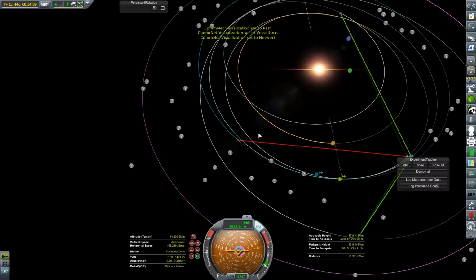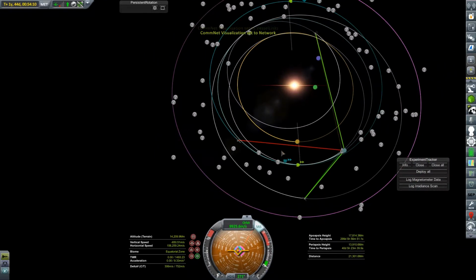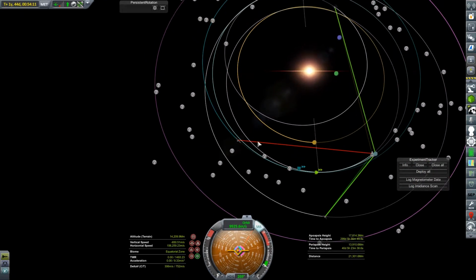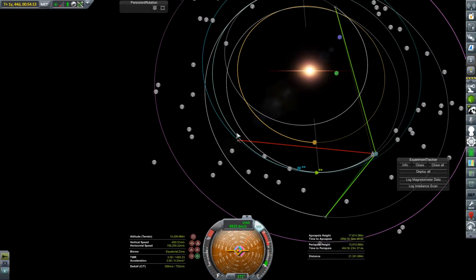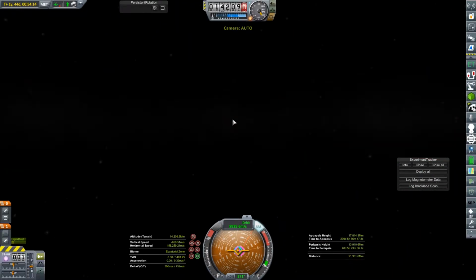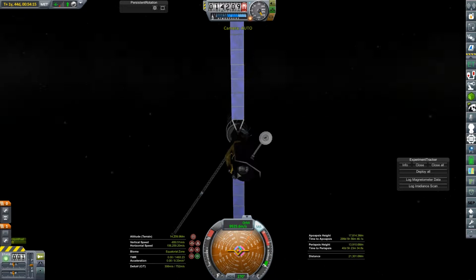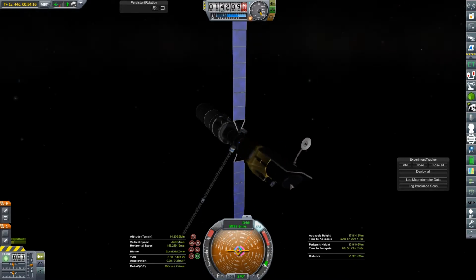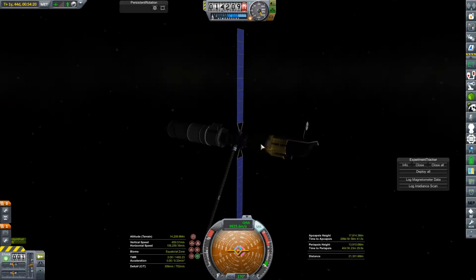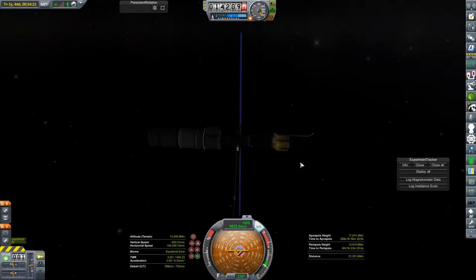Vessel links, network. So the reason this is red, even though I'm closer than this green one, is because I'm using an old, slow antenna, because I sent this out a while ago. I'm sending my vessel to Niven with 2 to 4 of these because they work in tandem to increase the signal strength. But looks like I'm slightly offset